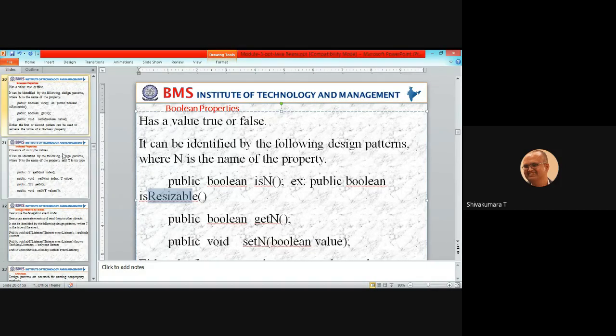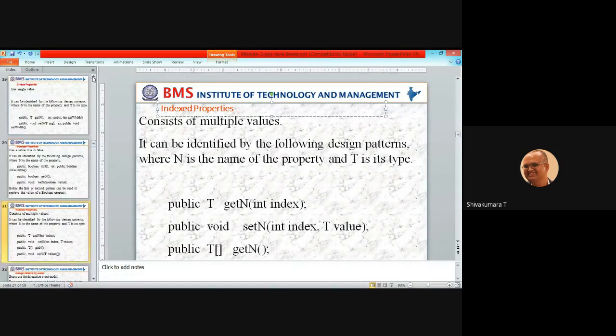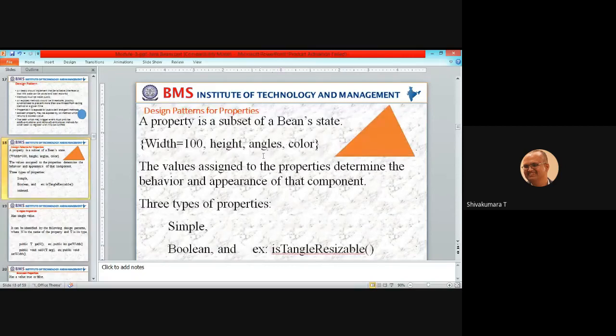Then indexed properties. This is the third kind of property in the simple design patterns. An indexed property consists of multiple values. So in our triangle example, angles are multiple values, color is multiple values, right?